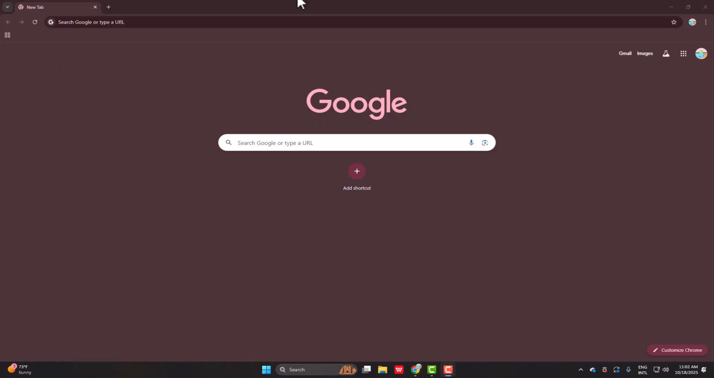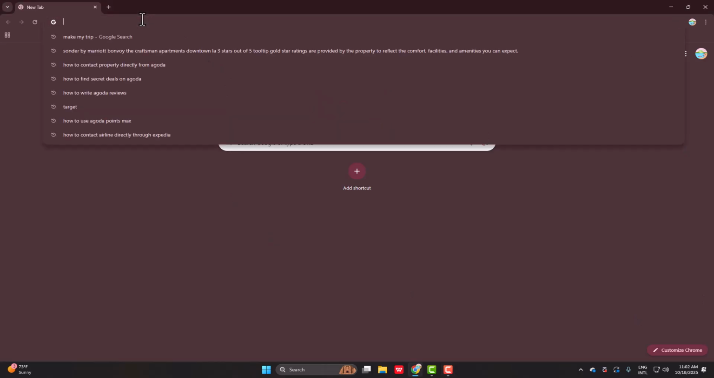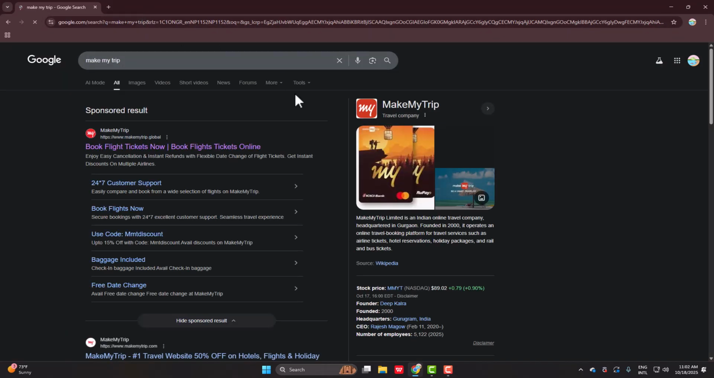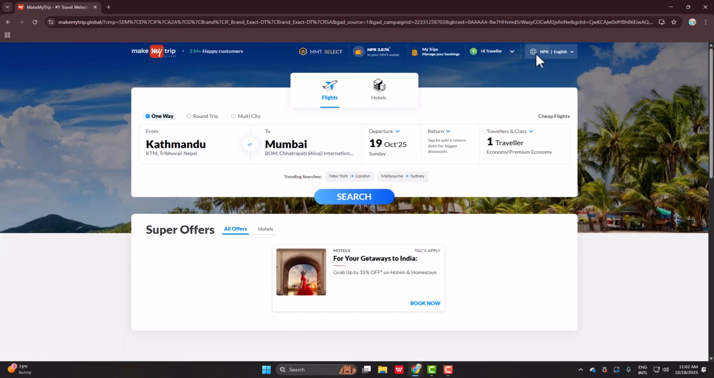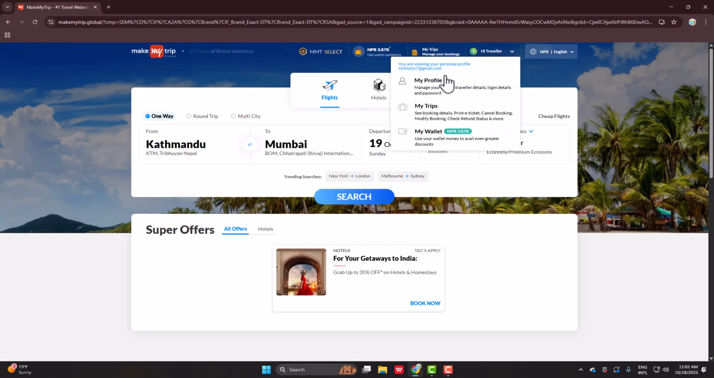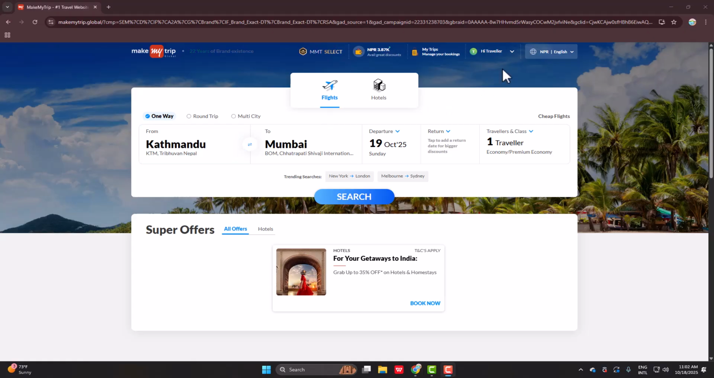First things first, what you want to do is simply go ahead and open any browser that you want and search for MakeMyTrip. Once you've done that, simply click on the first link that pops up and make sure that you are logged into your personal account. And finally, just click on this flights option right over here where you want to simply go ahead and select